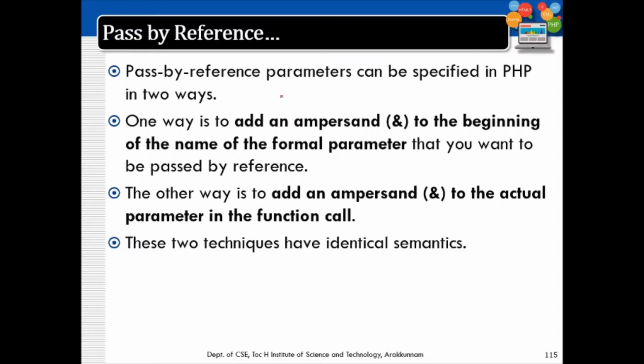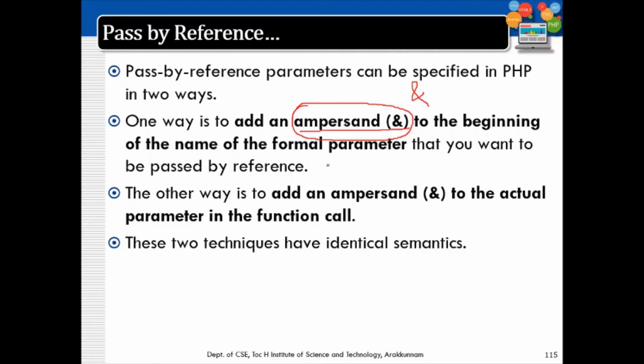There is one way to send pass by reference variables, that is by using the ampersand. As we know, the ampersand indicates the address or reference to the variable. So just before the variable name, add an ampersand symbol and pass it. Then that will be a pass by reference function call.